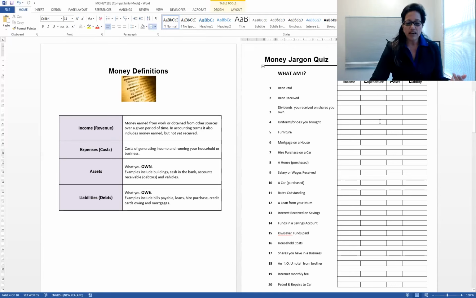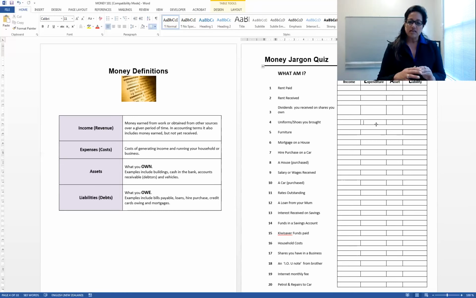And then we go, okay, are uniforms and shoes you bought what we owe? No, it's not what we owe because we've actually bought them. So there's a grey line for uniforms and shoes, it could either be considered an expense or an asset. So the key thing here, from an accounting point of view, is you also need to consider